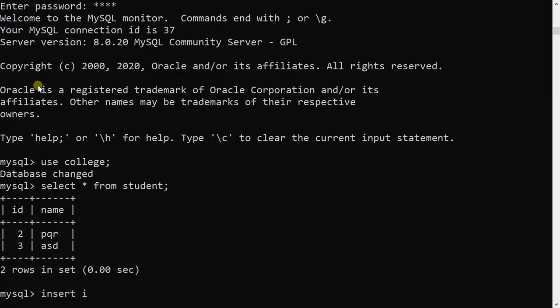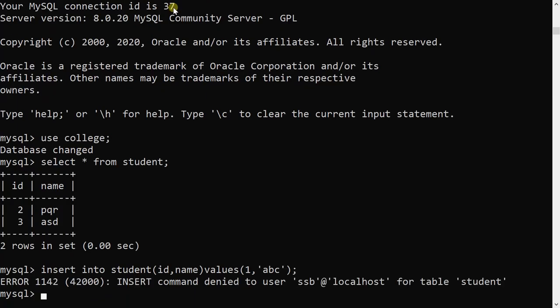If I insert a record into the student table, insert into student id comma name values 1 comma abc, then it fires an error, because the insert operation is revoked from SSB, right?